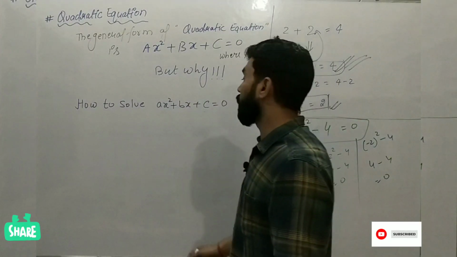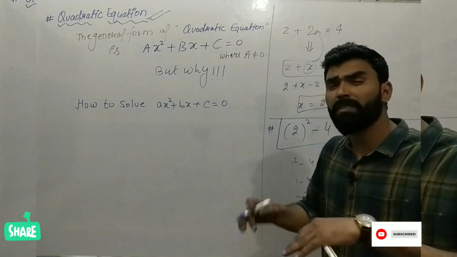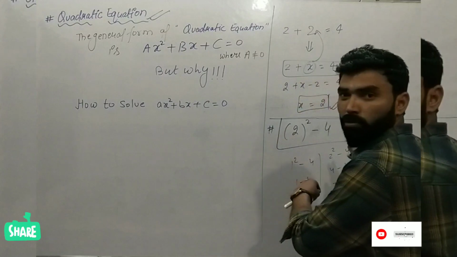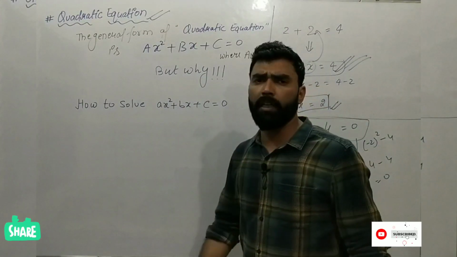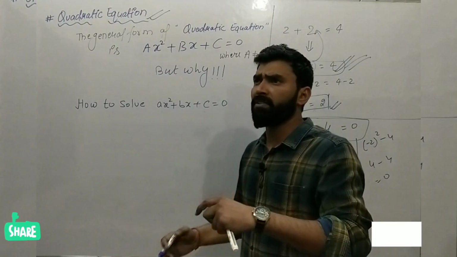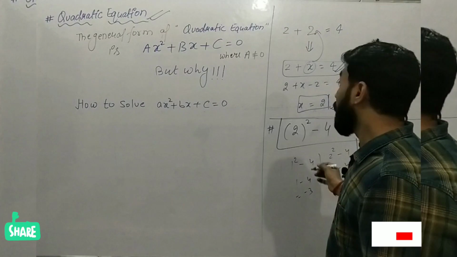So they came, like, okay, these kinds of equations are known as what? Quadratic equations. We will discuss more about quadratic equations. This is just the beginning of the quadratic equation, right? There are so many interpretations of the quadratic equation, geometrical interpretations, graphical interpretations, so many things are there, but now